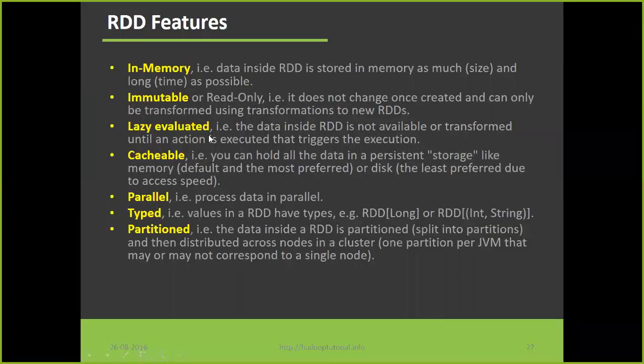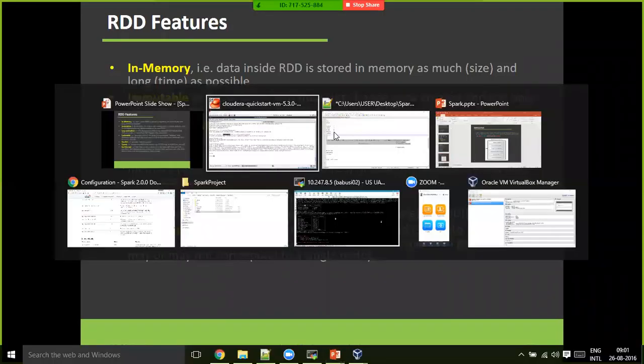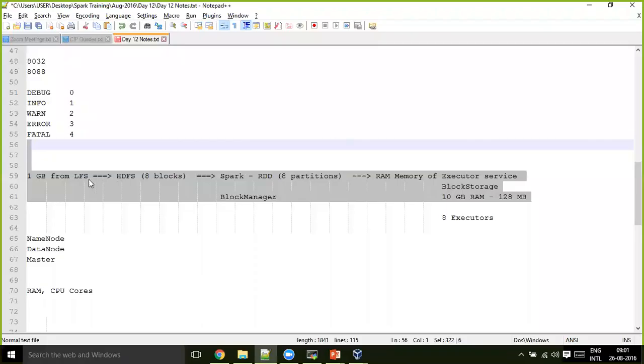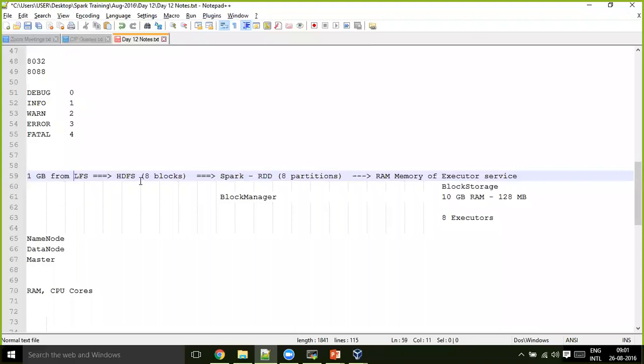Next, lazy evaluated. The data inside an RDD is not available or transformed until an action is executed that triggers the execution. So the entire flow that I have explained, loading data from LFS to HDFS, take this out, it will not happen every time.